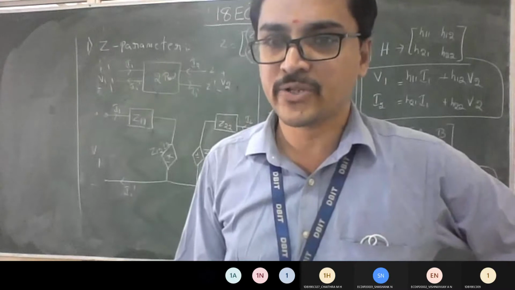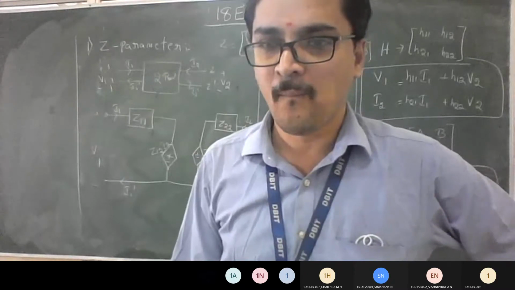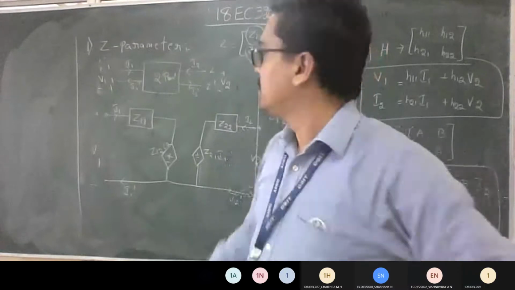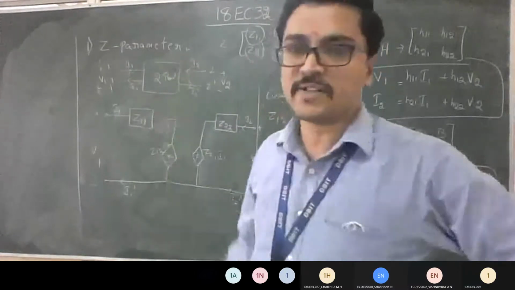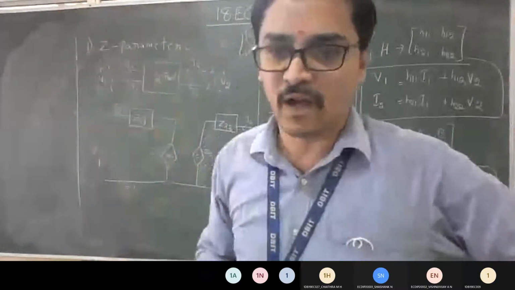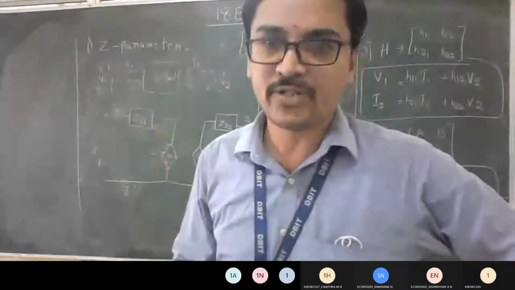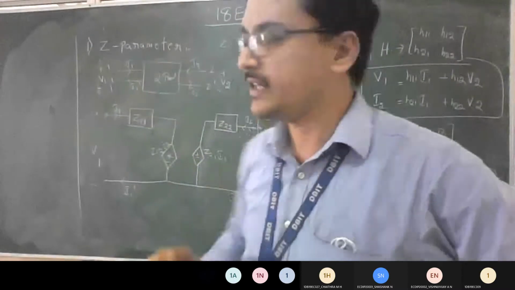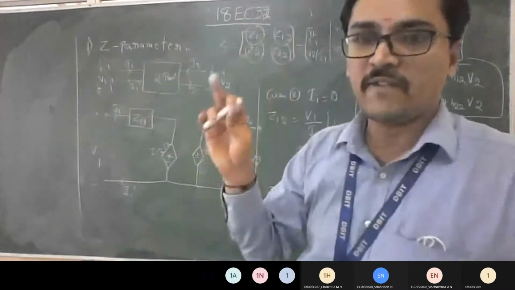I'm asking you people only. Can you solve the Y parameter now? Yes, sir. So what is the thing you should remember? The base equation, consisting of I1 equals to I2 equals to. So V1, V2 kept constant. Take case 1, V2 is equal to 0. Similarly, case 2, V1 is equal to 0. You will get individual coefficients of Y11, Y12.